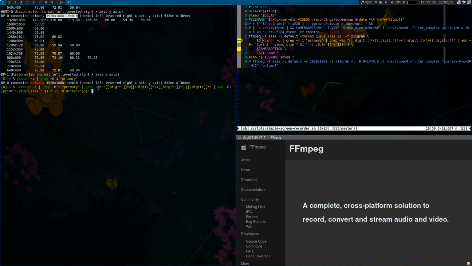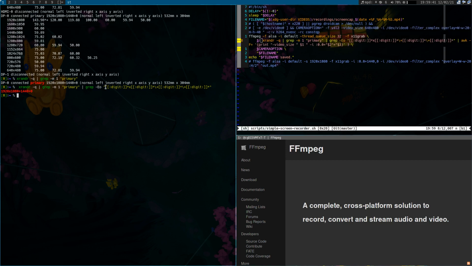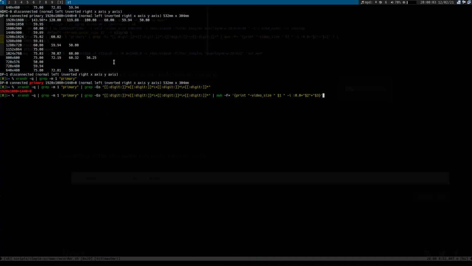So we then need the capital E option to make it take this extended regular expression syntax, such as the bracket digit notation, and the O, so it only matches the text which we have selected for, and that gives us this. But then we want to insert all of the options between, so with a fancy bit of awk